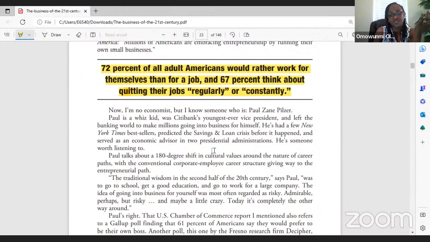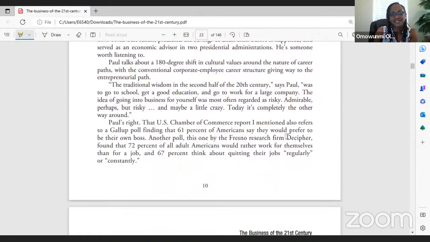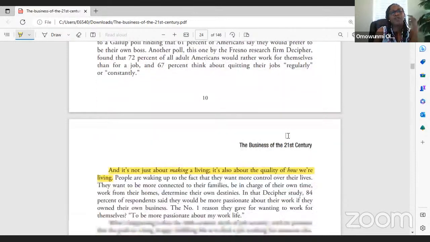or to their question. Because the question after this, when we know that 72% are looking to work for themselves, the question they would have then is, what kind of business will I do? I want to work for myself. What will I do? And then when you reach out to them to give them that opportunity, that's where your yeses will come. All right.